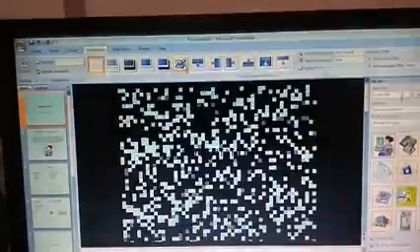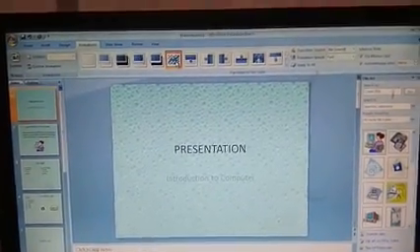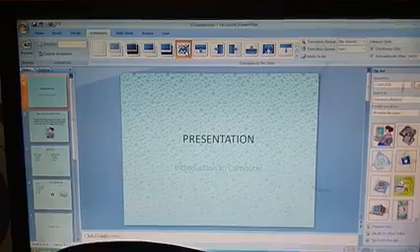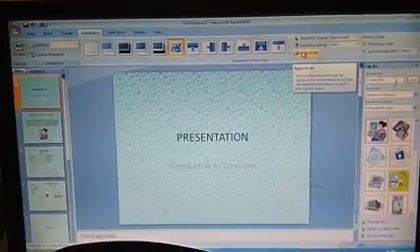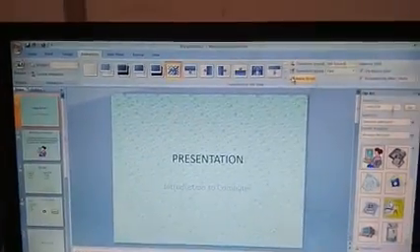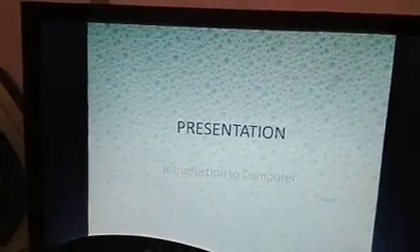Suppose I am applying this dissolve animation effect, I click on it and say apply to all, and now if I press F5 to see the slide show, this is the effect.